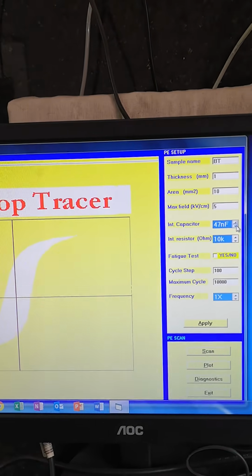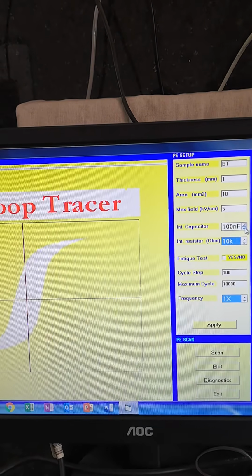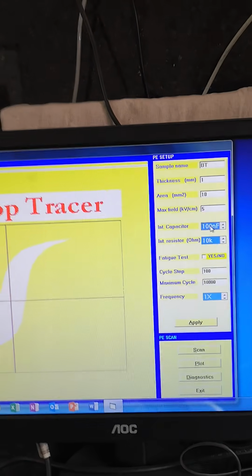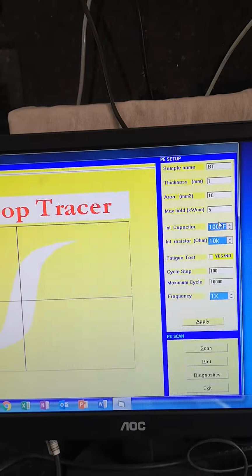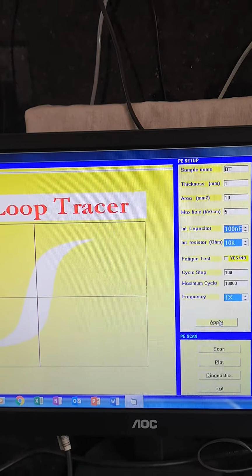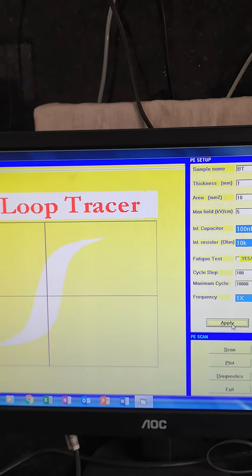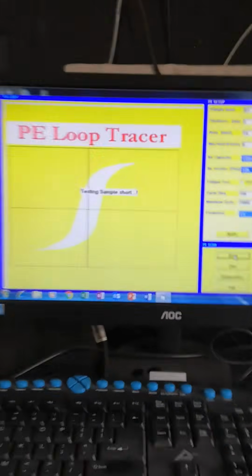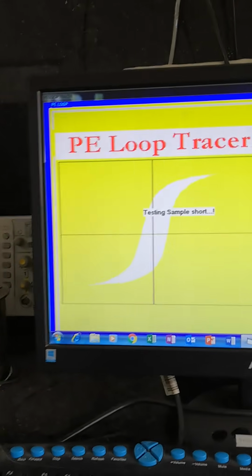So we have to increase the value of the capacitance here, right? So when I increase the value of the capacitance here, now I keep the magnitude of the electric field constant. Now I apply, then scan. Now you can see the difference.